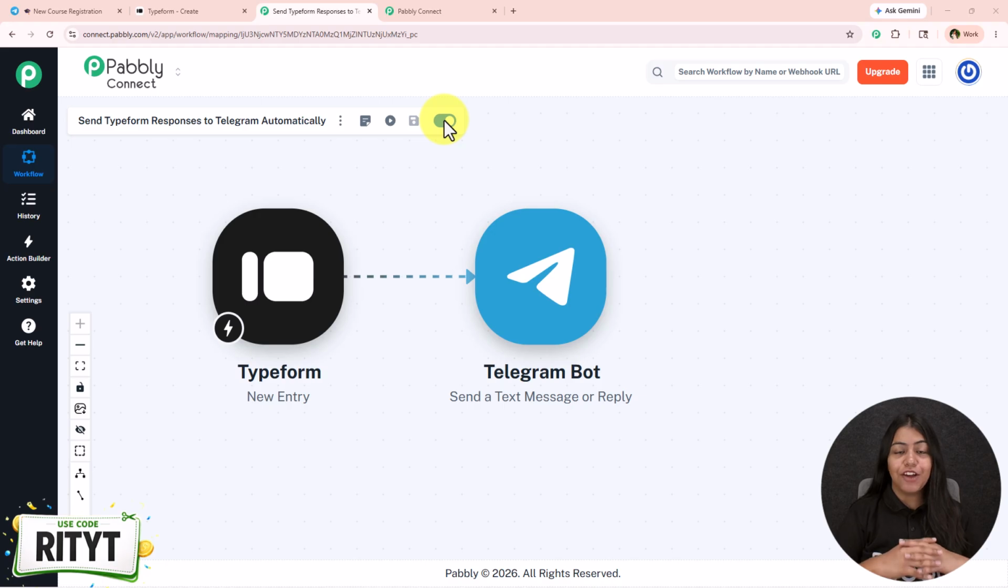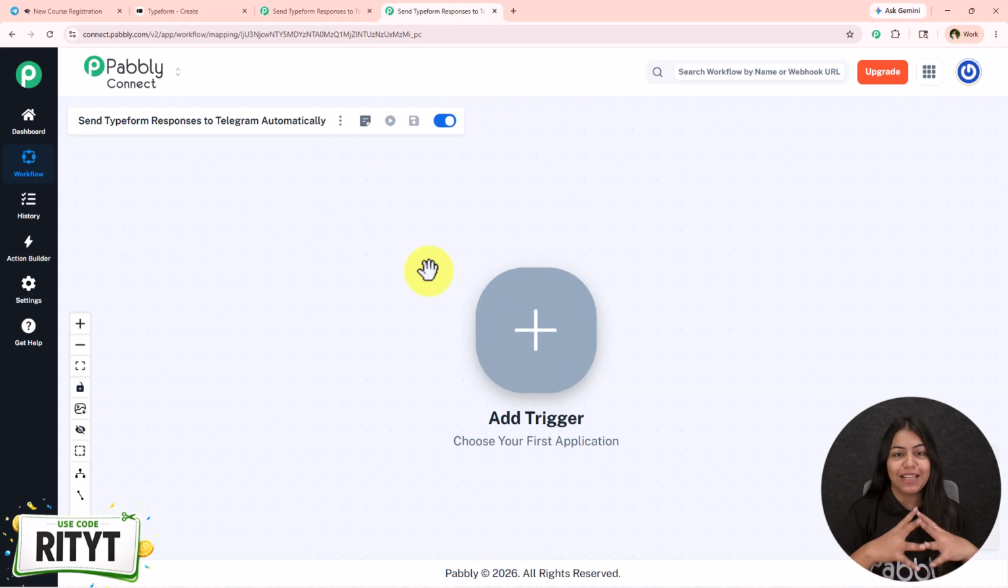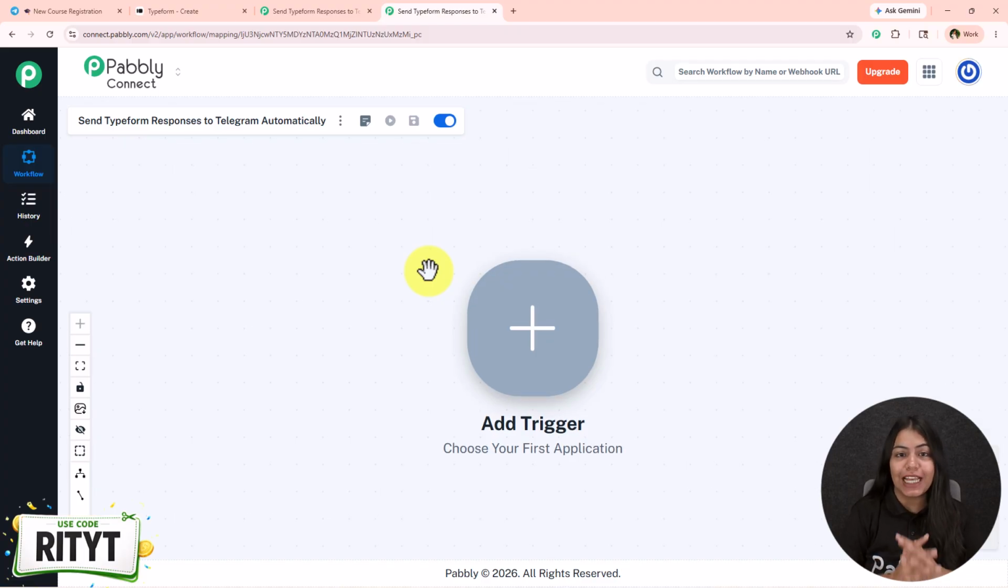So now let's see how to create this amazing automation. To create this, you just have to open your workflow builder inside Pabbly Connect if you are an existing user like me. But if you are a new user, open a new tab and search for